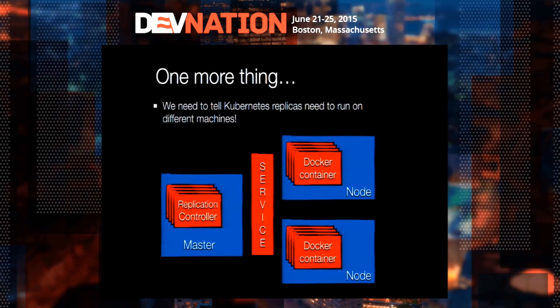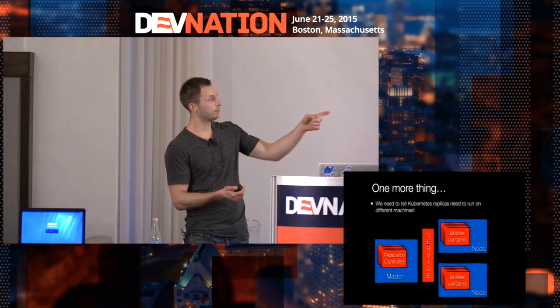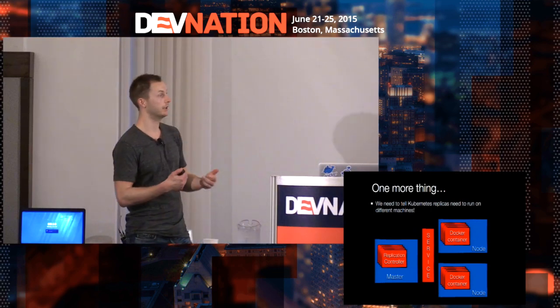Well, we started using this for a while, and everything looked pretty good until we started noticing that once in a while, it seems pretty random, replicas were started on the same physical machine. So I deployed an application, and let's say in this case I have two physical machines, and I specified I want to have two replicas. I would see that the first application that I deployed would both be started on the first physical machine. The second application that I deployed would both be running on the second machine.